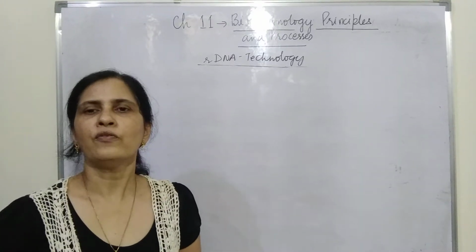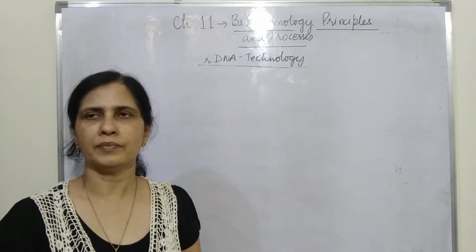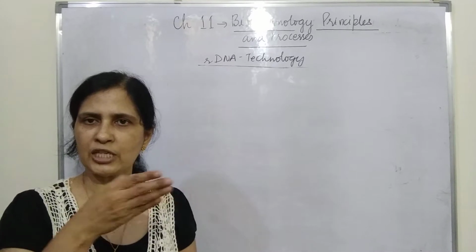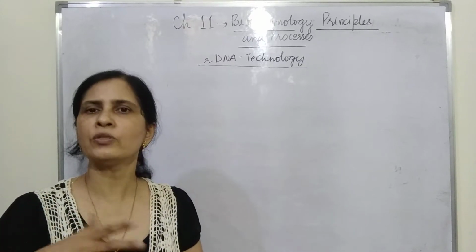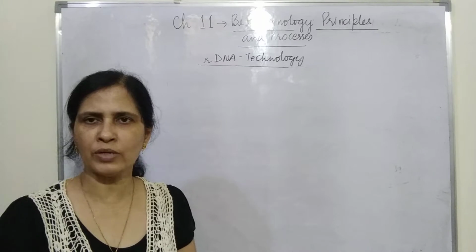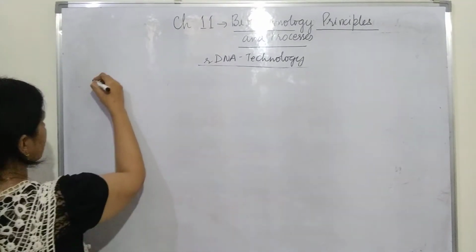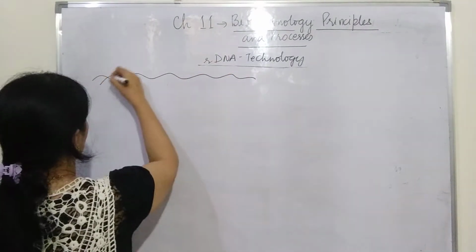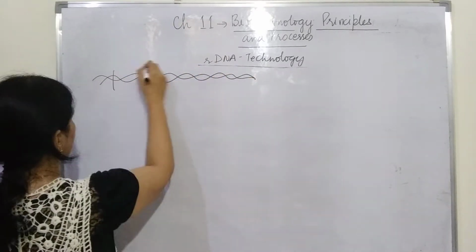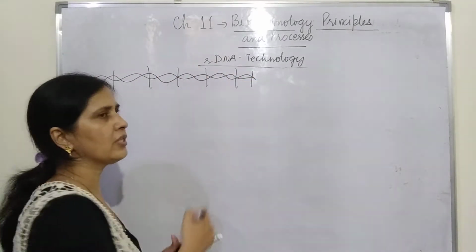Okay, before we study the vectors, let us study the DNA which has been cut into small parts, and how we are going to separate them out, because we have used the endonuclease enzyme. We know that if there is a large number of DNA, and they are cut into small pieces, we are using the endonuclease enzyme.